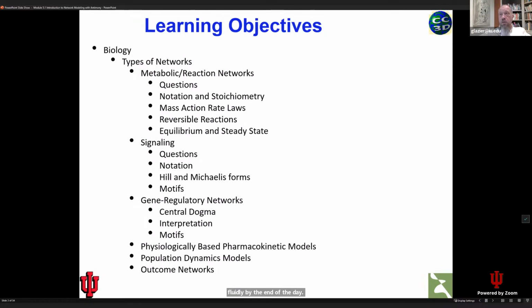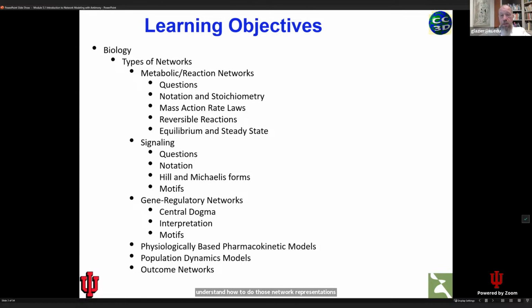Today, to begin with, we're going to think about the kinds of networks we might be able to model. We'll look in a little more detail into some of the kinds of questions you could ask and the mathematics of a variety of network model types. And then we are going to move forward in the remaining modules with understanding how to do those network representations